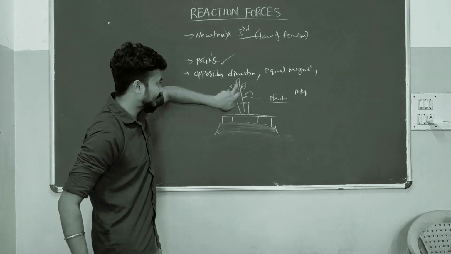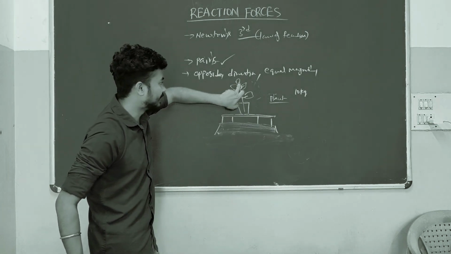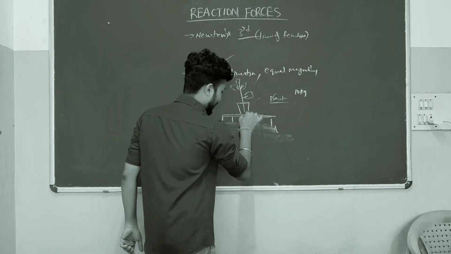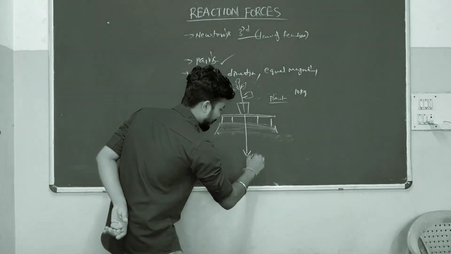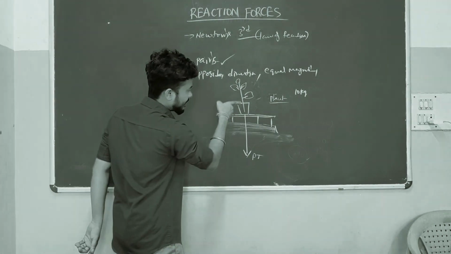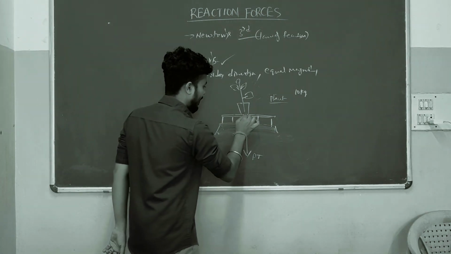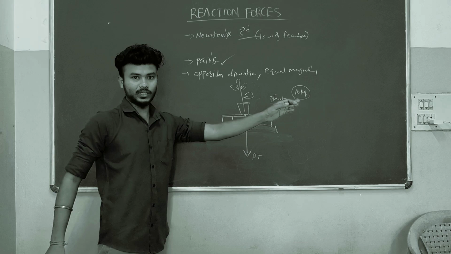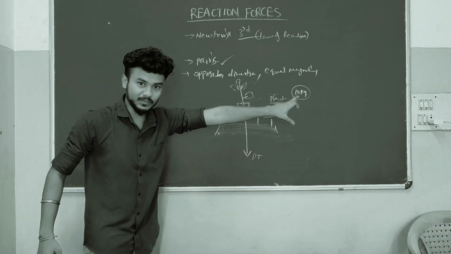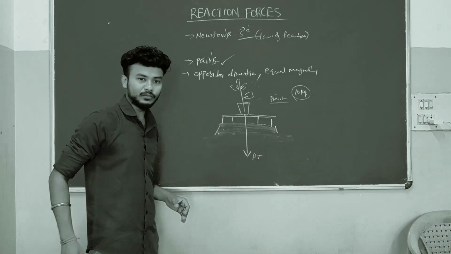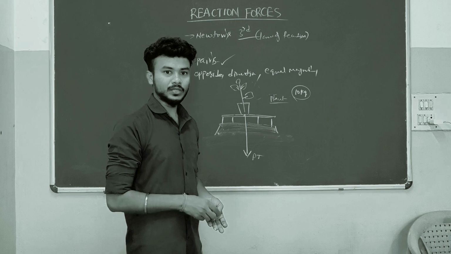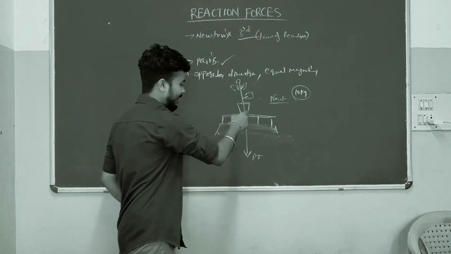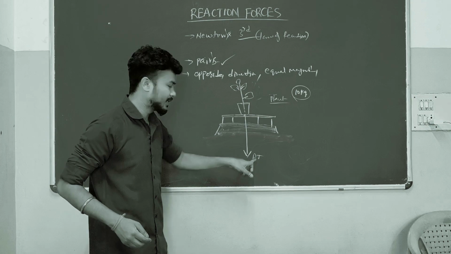Now the object which we kept on the table is going to give a force to the table in the downward direction: plant on table. What is the magnitude? 10 kg. To understand, I am simply saying magnitude. Usually force we measure in newtons or maybe pounds, in the SI system. So here, downward: plant on table.